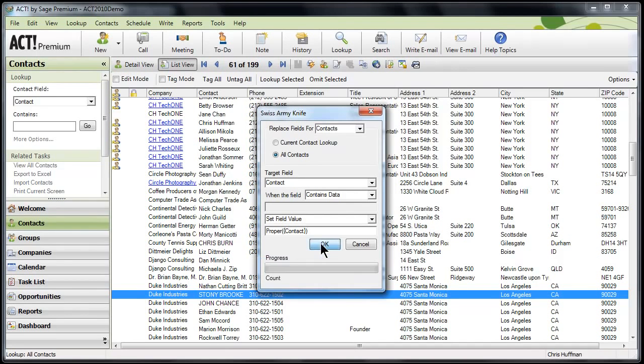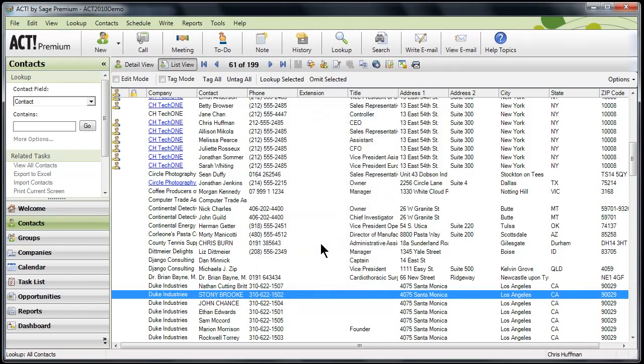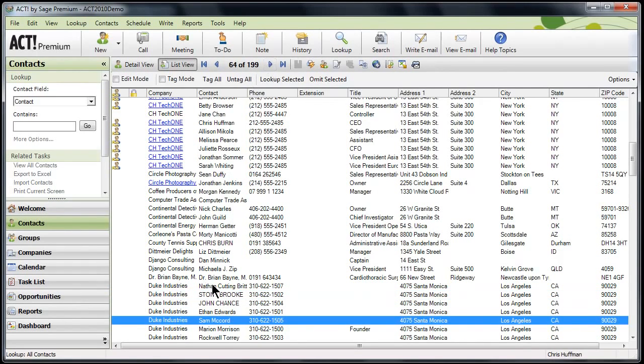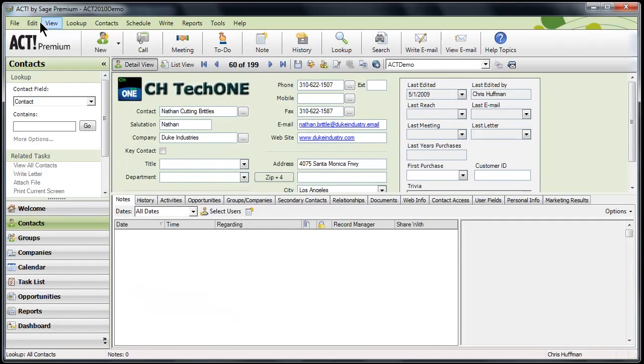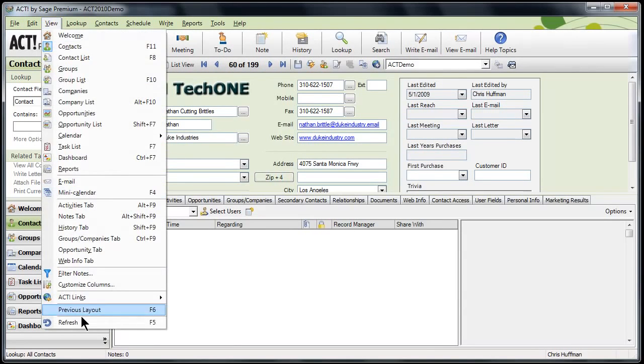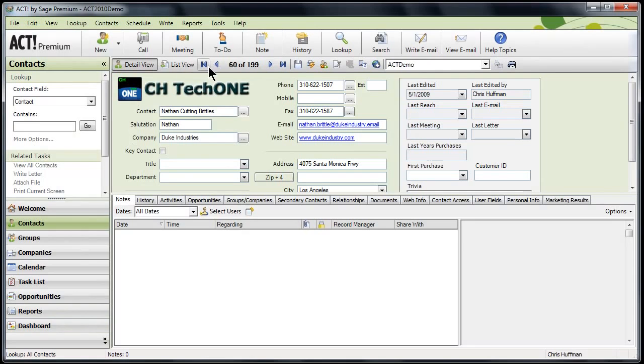When I go ahead and click OK here, Act is going to go through and update my database and perform the proper casing. And let me come here, and when I refresh, I might need to refresh. So View menu, down to refresh. Let's go and take a look and see that Stony Brook is no longer in all caps, neither is John